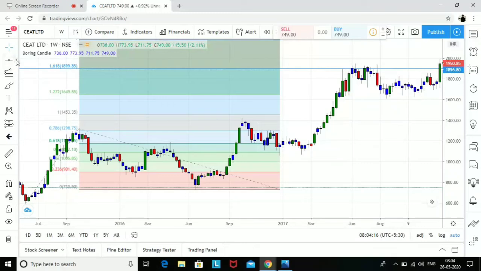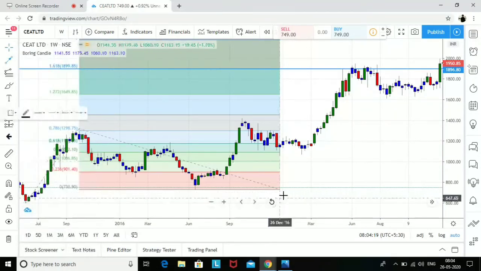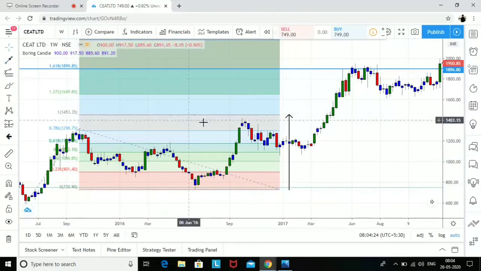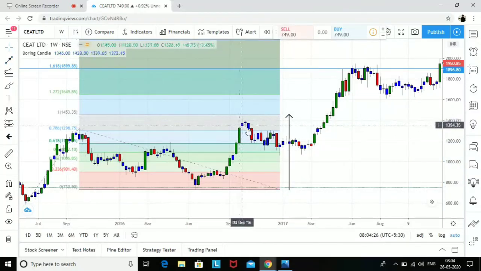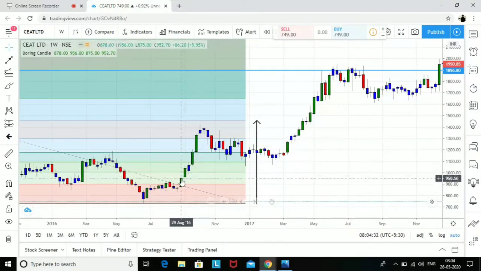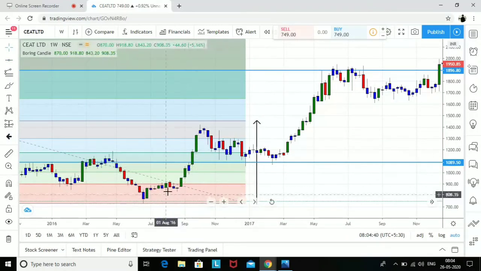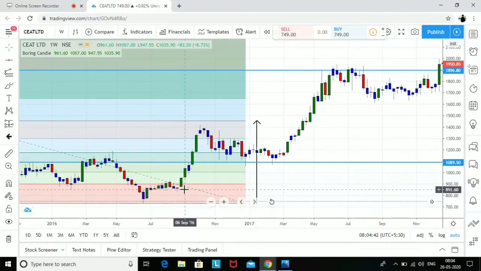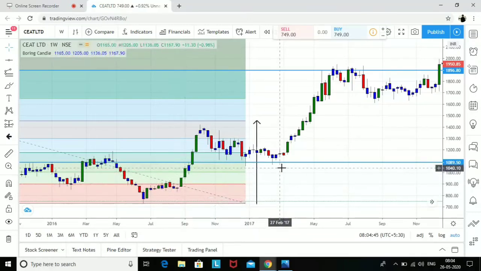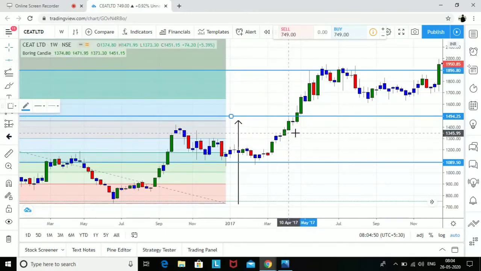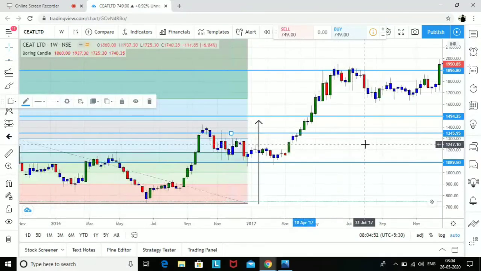In fact, I will always look for the first target, which is always somewhere around this one. If you see 1145, somewhere around here there was profit booking, right? It again gave a retracement. There was again a demand zone, green, blue, green, green: drop, base, rally, rally. So there were multiple demand zones which were formed. This is also a demand zone. So it is an ideal trade to take.